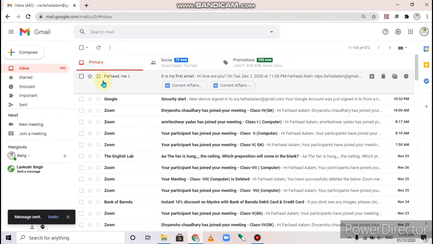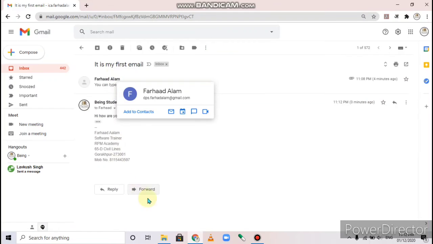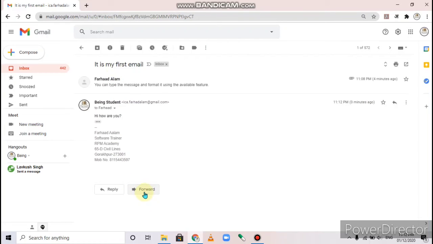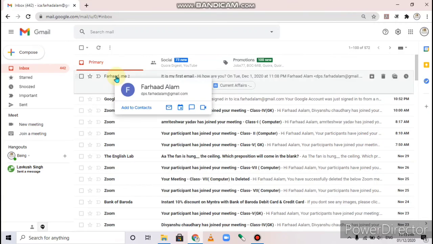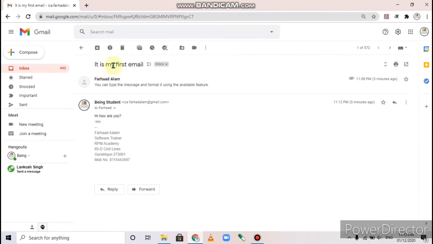Now forwarding an email. If you want to forward any mail, you can send a copy of a received mail to other people by forwarding it. How do you forward any mail? Click on the email and click on the forward option. You can see, right? If you want to forward any email, the step is: click on the mail which you want to forward, then click on the forward option